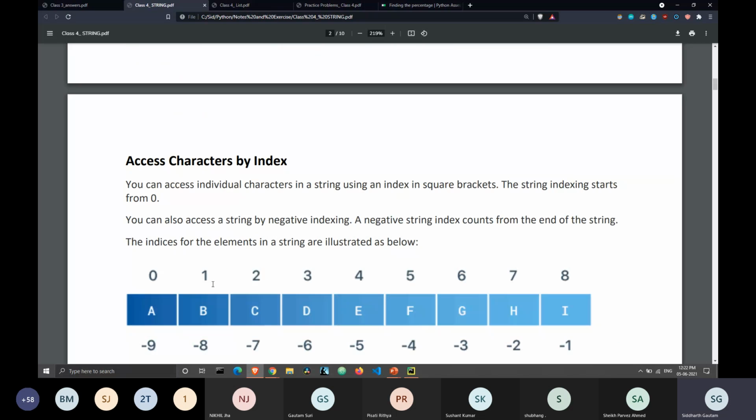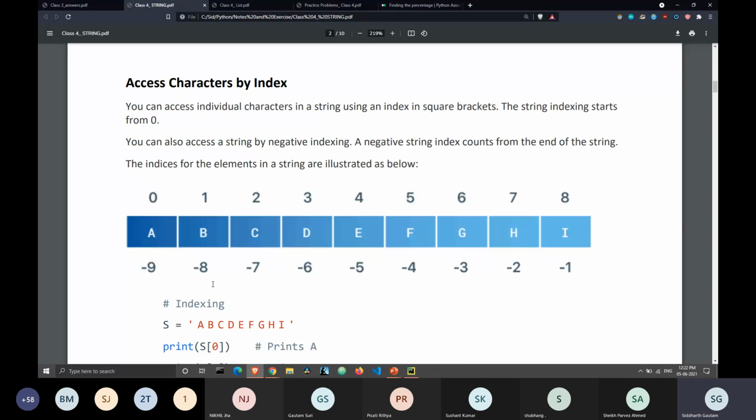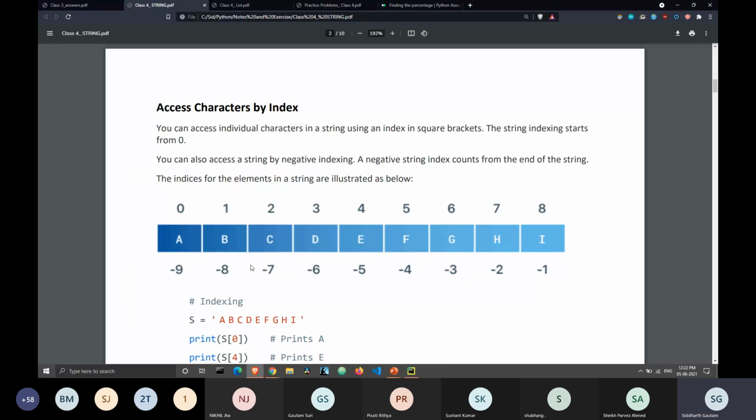Okay, so as we saw in that list, very similarly, you can also access the individual characters of a string using its index. Let's say I have a string A, B, C, D, E, F, G, H, I. Let's just type this out in our IDE.